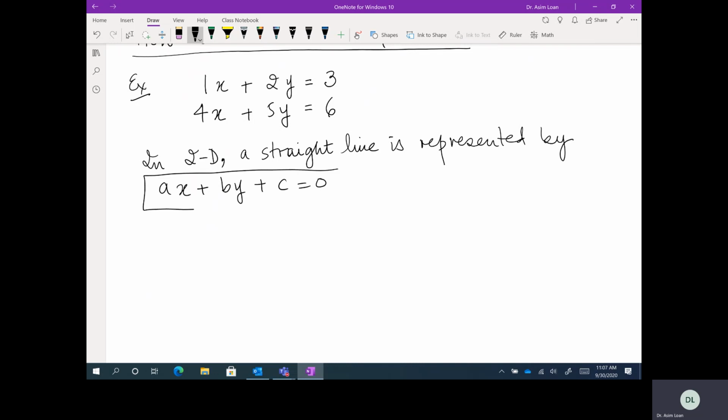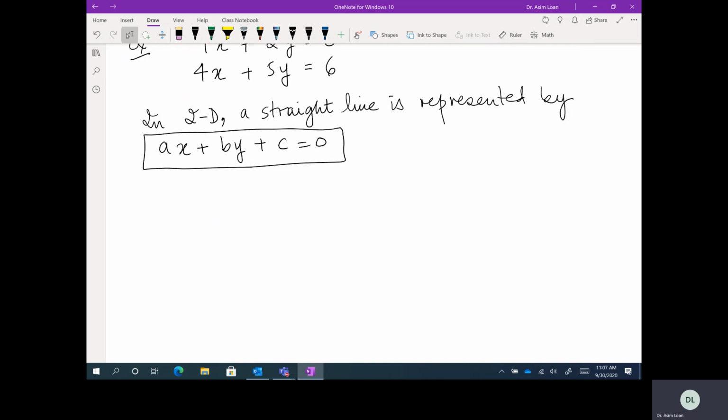This is the equation of a straight line. Maybe you're not familiar with this, so let me rewrite it. I can always rewrite this as by equals minus ax minus c, or y equals minus a over b x, obviously b is not equal to 0, because if b is equal to 0 we cannot divide,